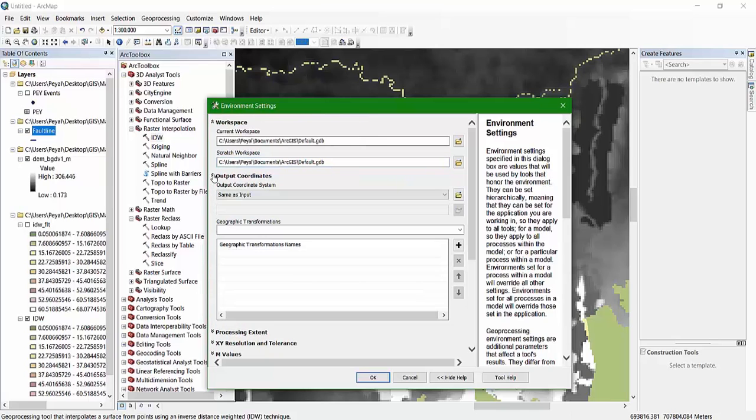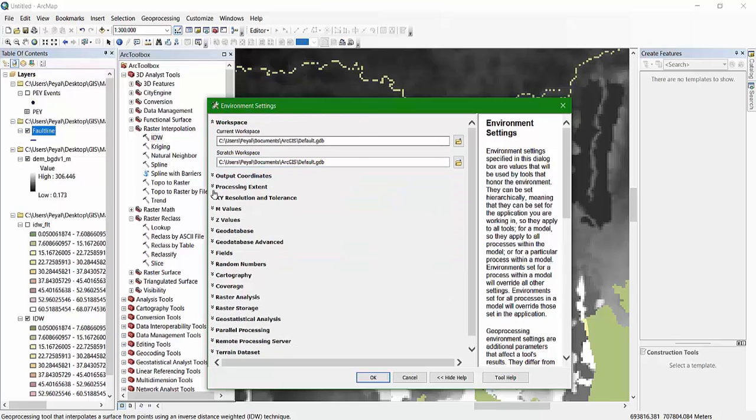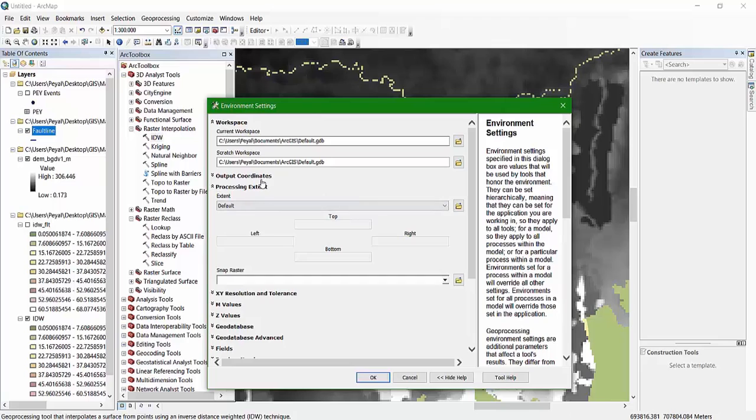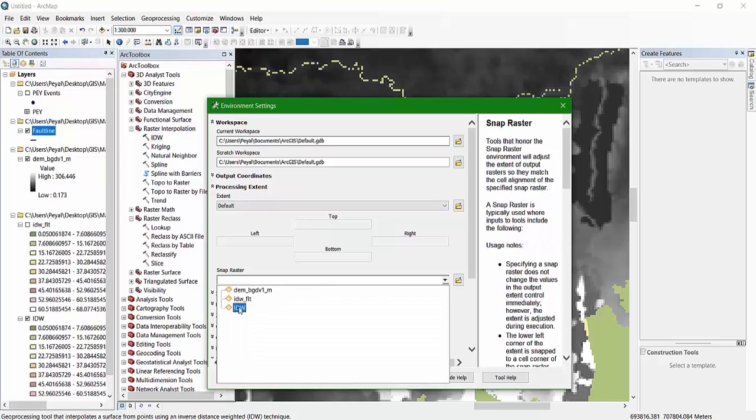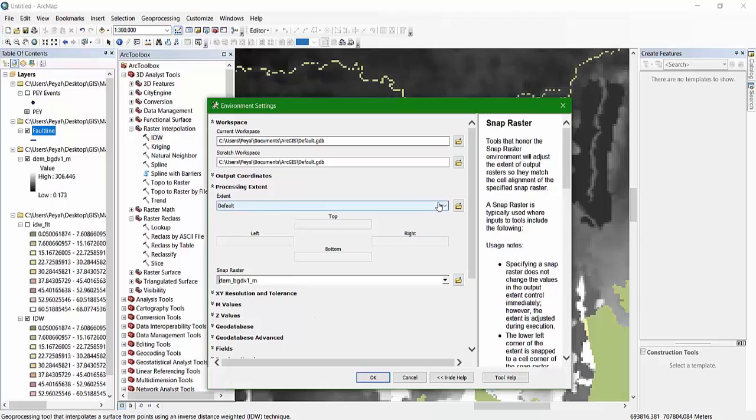Then output coordinates, no. Processing extent, so this is where I have to modify. Go to snap raster and select the one you want to keep, which is DEM BGDVM, and the extent